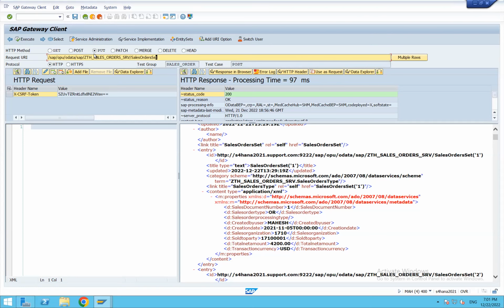So in that sense, we will be just applying updates on specific sales orders. If the sales order has been specified, then we will be fetching that sales order information and we will be performing updates to that